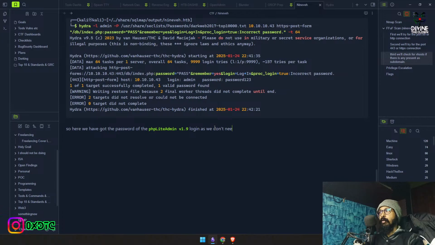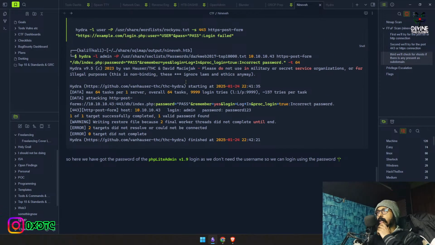As we don't need the username, so we can log in using the password, which is, where the heck did password go? Oh, there it is. Copy, paste,